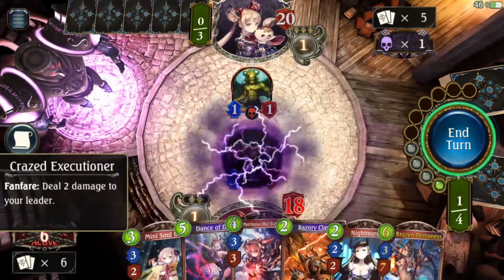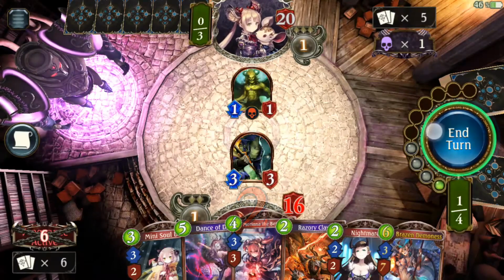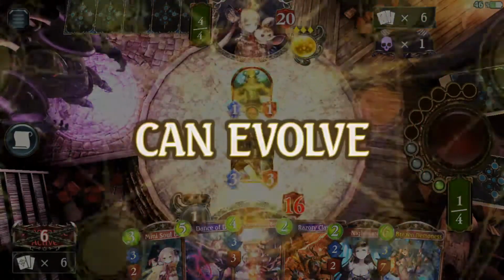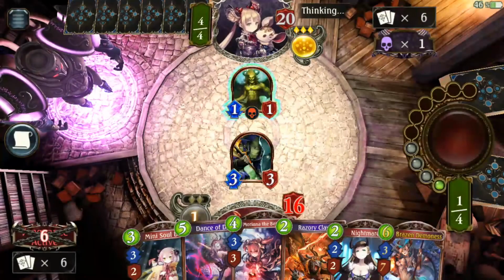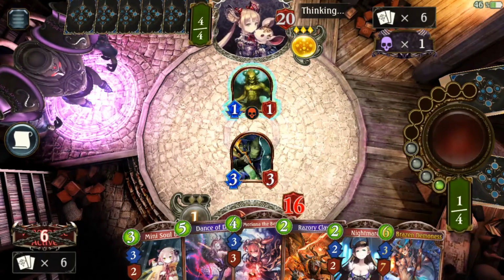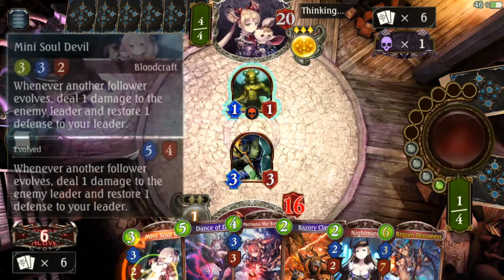What I'm gonna do is play this card, the Crazed Executioner, and he damaged me for 2. But it's a good 3/3 card. It's just the downfall of it is that you get damage in the process, but it'll help you quickly get into vengeance if that's what you're trying to aim for. My next card I will play will be...